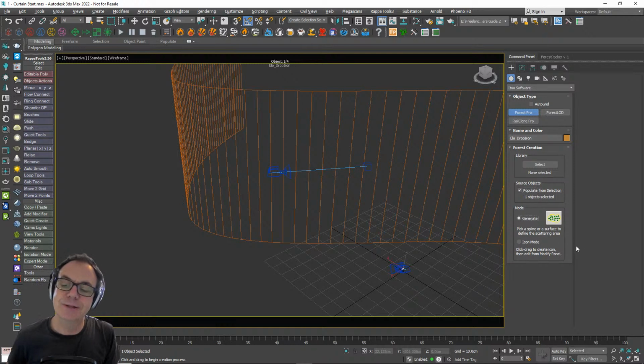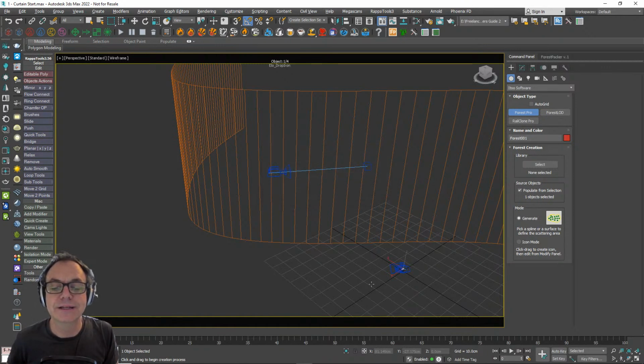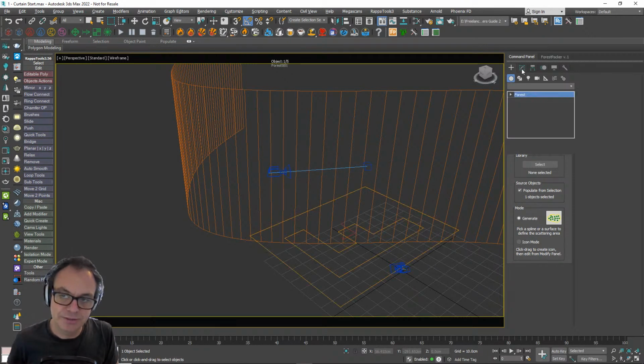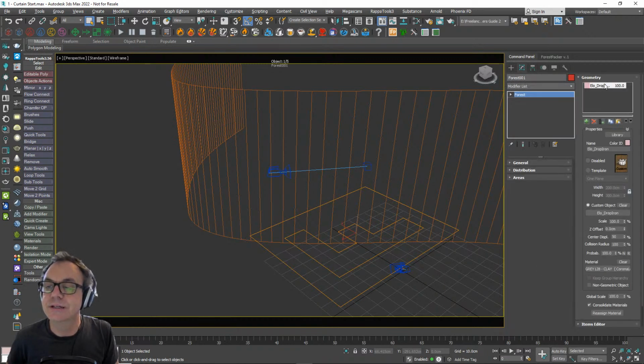And that basically means when I create a forest pack, either by using icon mode or clicking on a surface, it's going to immediately drop whatever I had selected initially into the geometry list. So if I click on this surface now, like this, and hit yes, then it's going to put that into the geometry list. And there you can see it is. Okay, so that just saved a little bit of time.